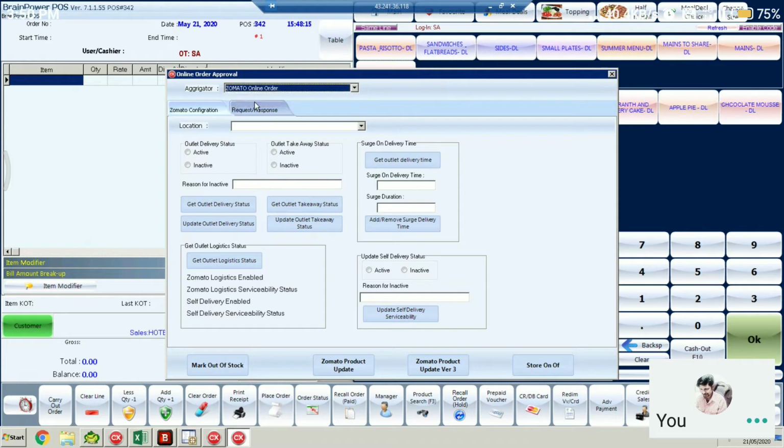When we say Swiggy, Swiggy will generate an Excel file for you. Currently for Swiggy we'll have to do it manually only. From this utility it won't be working. You are saying going forward, when it is integrated, then the same format, same application can be used. It will not generate any Excel file. Straight away, it will update the menu on the portal.